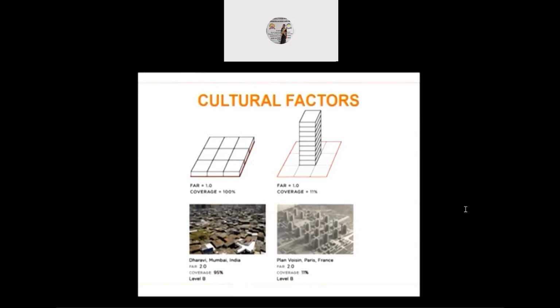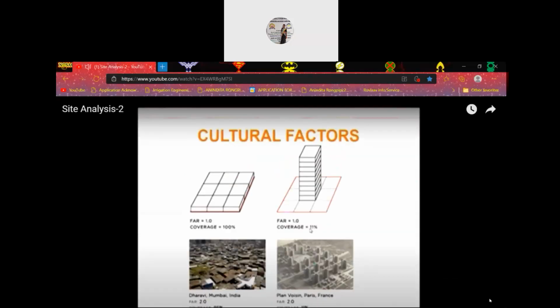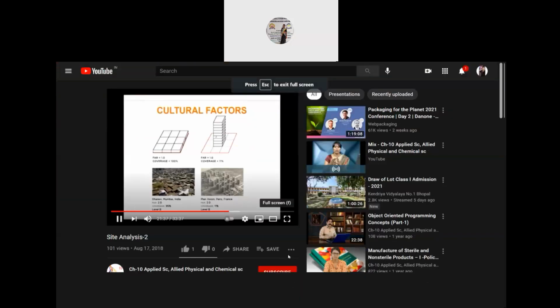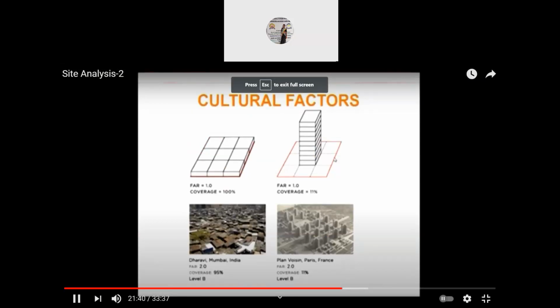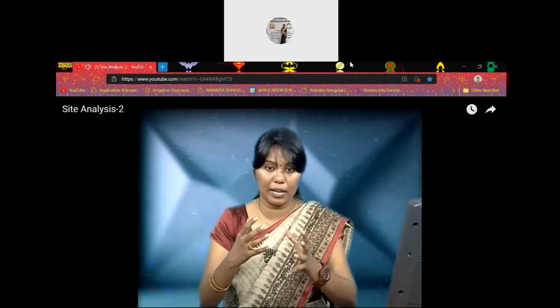Whereas there is one more place which is located in Paris, which has the same plot size, and the FAR is again 1, but the coverage is just 11 percent, which means we have the remaining 89 percent as open space. So 89 percent is open space, only 11 percent is used for construction on ground. So this is the final image in which, as we see, we can see a lot of open places around the site. But when you actually see these two climate hand in hand, climate